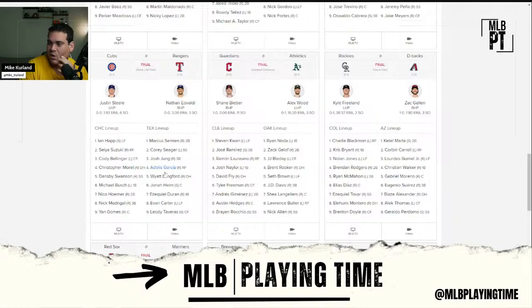Give me one of the top 6 hitters all day in this lineup, and there's no reason why you won't like the outcome. We talked about this. Oh yeah, Ryan Noda's another guy on the A's that strong side platoon. Again, I was surprised Rooker sat as a righty against a lefty, but I wouldn't expect that to happen much. I think Rooker's going to play against most lefties.